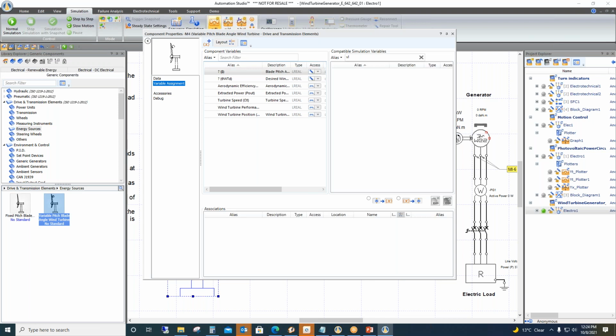So we have the option to do that. Okay, at least we have the option of changing the pitch and yaw depending upon the wind speeds and the direction, both. Yeah, both. Great. Thank you.